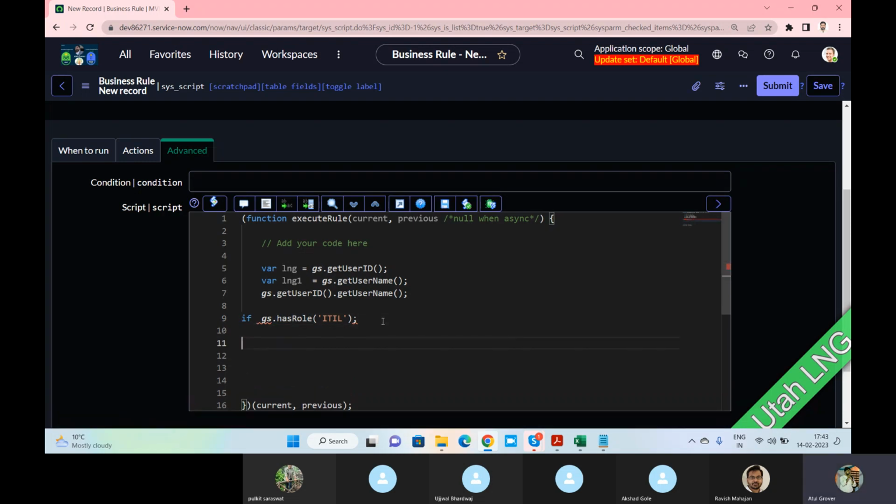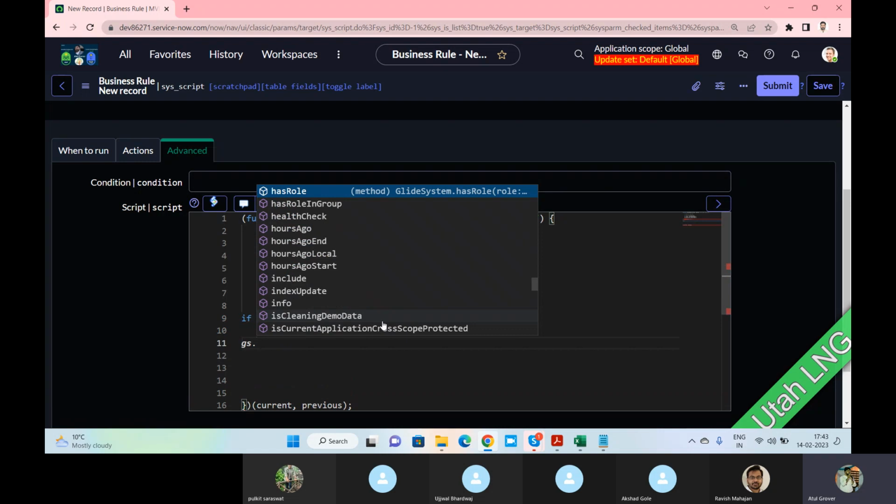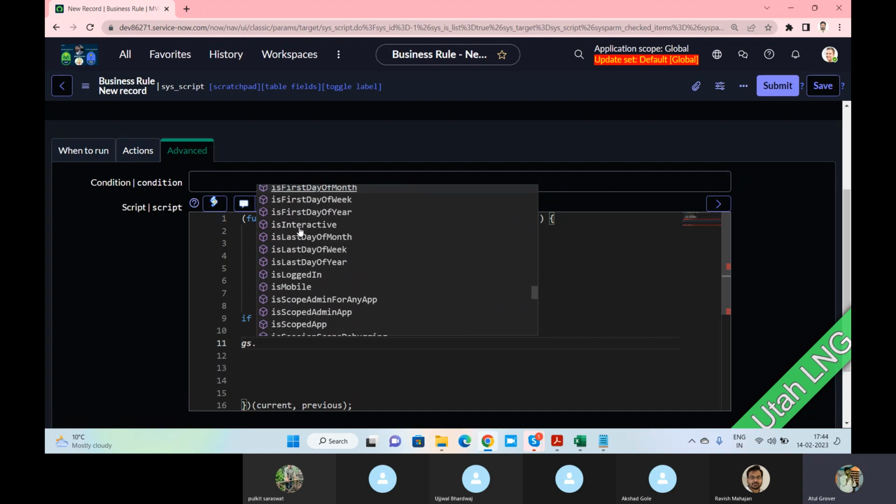So there are a number of methods. GS dot. So you can see has role, in group, is ticket has been open, is debugging, is interactive. So now the question comes, Atul, how can we learn this thing? How can we understand that this is the method we have to use to do this part? You have to go through the